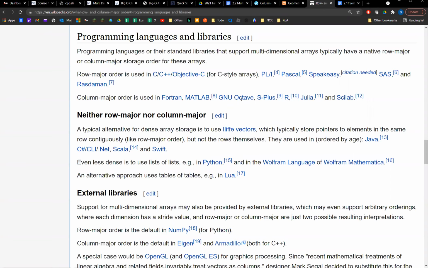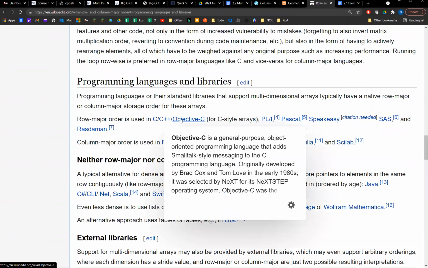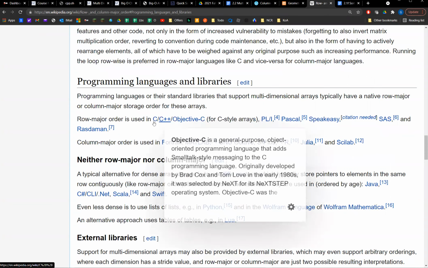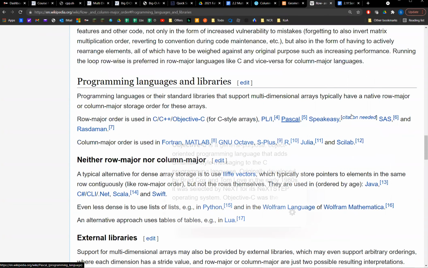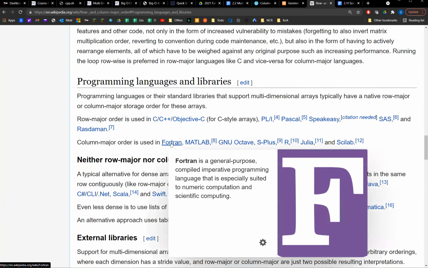But most programming languages are row major, or at least the most popular programming languages: C, C++, Objective-C, C Sharp, Java, all the .NETs, JavaScript, right? It's all row major. So you can run into a system where you're trying to get a data file that was generated in Fortran,